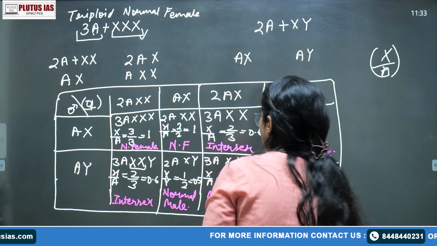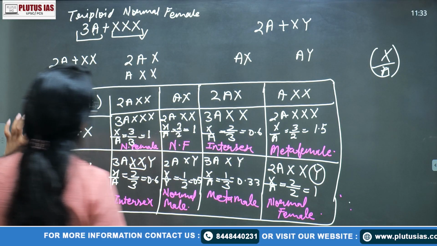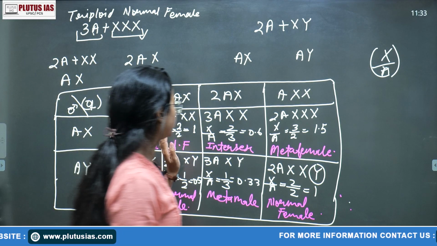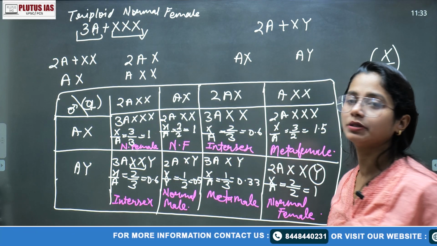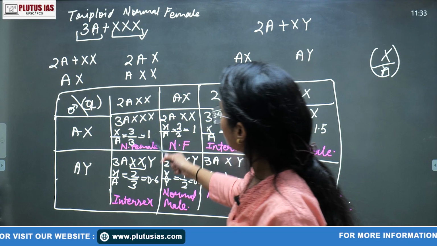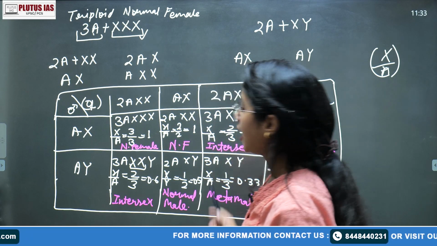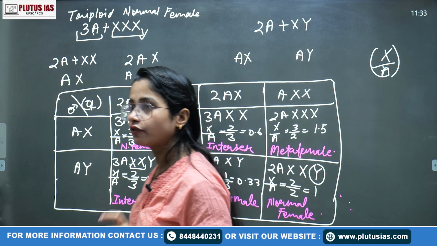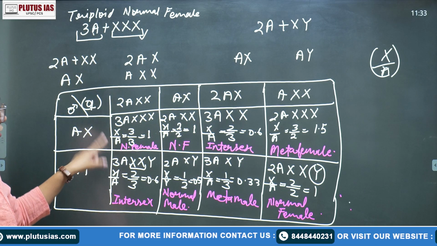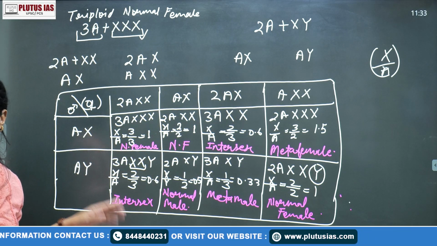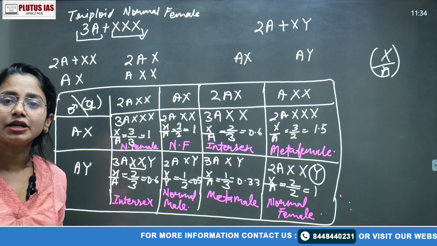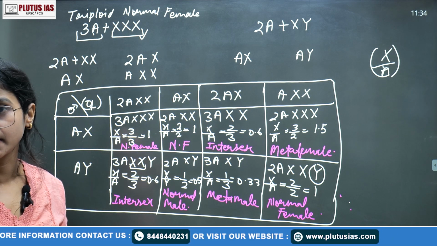Right? So that's how we define the basis of the X and autosomes level. If the ratio is 1, it will be forming a normal female. If the ratio is 0.5, it will be forming a normal male, okay. Lower than 1, that means the number of X chromosomes is becoming high, because X is in the upper side, so then it will be forming the meta female, while lower than 0.5, it is forming the meta male. But between 0.5 and 1, it is forming the intersex, okay.